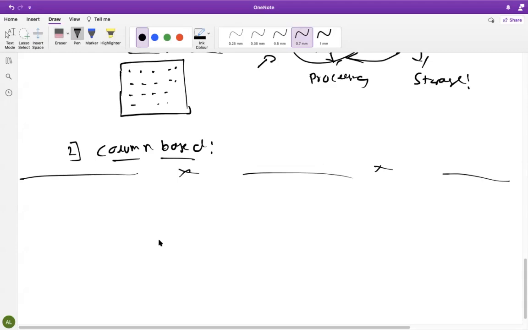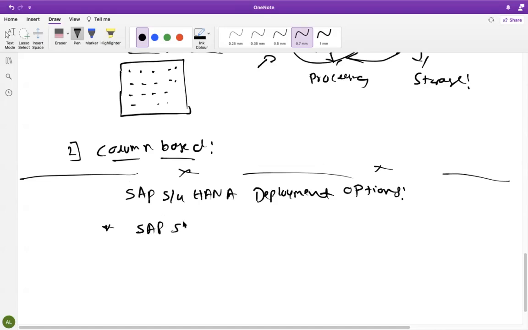Okay. Next is how S/4HANA deployment options we have, right? That we will discuss. SAP S/4HANA deployment options. You have heard, right? S/4HANA on-premise, cloud, hybrid. What is all these things? We'll see. Okay. So first one is SAP S/4HANA